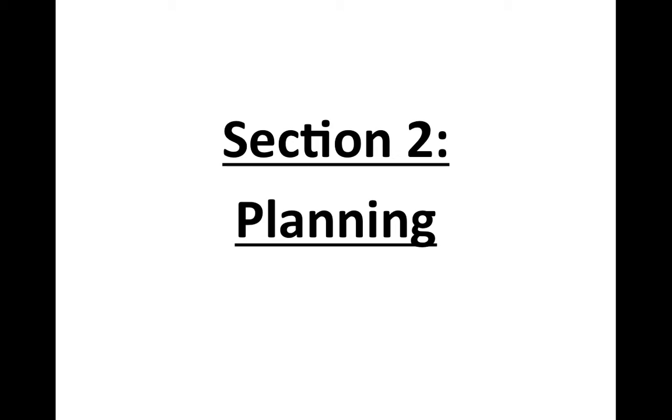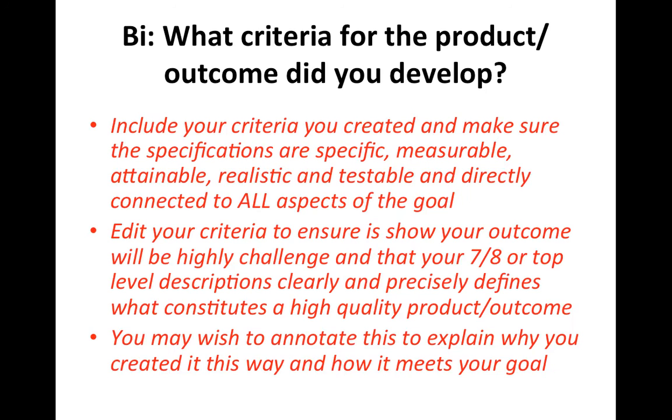Okay, I'm now going to talk about section 2 of the personal project report, which is planning. The sub-question for section 2, or criterion B, is: what criteria for the product outcome did you develop? It's in this section that you need to copy and paste or print screen the criteria that you designed